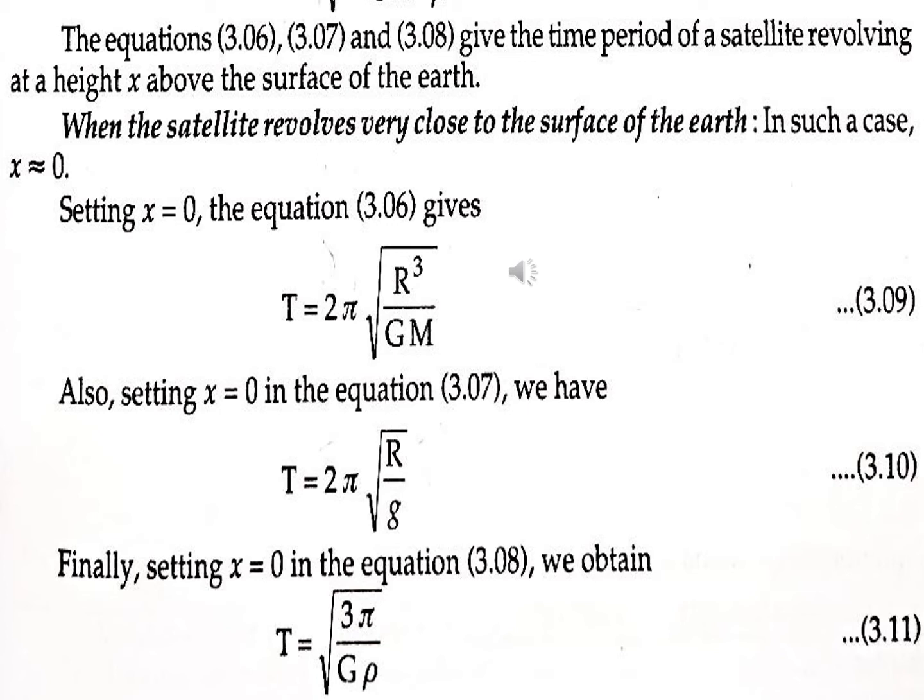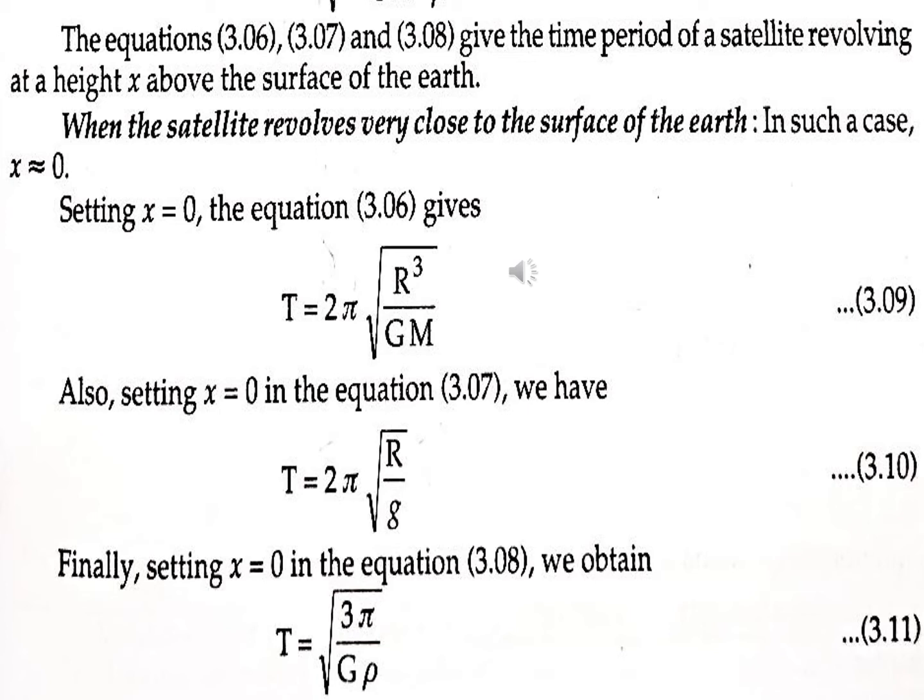The acceleration due to gravity on the surface of the Earth is given by g equal to GM upon R square. So calculating the value of T is equal to 2 pi R upon the square root of g. So GM is equal to g R square. So when we put the value of GM in equation number 7, velocity v is equal to the square root of g R square upon R, under root, where R is the radius of the Earth and g is the acceleration due to gravity.